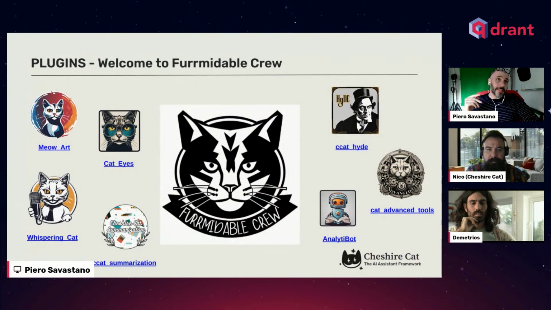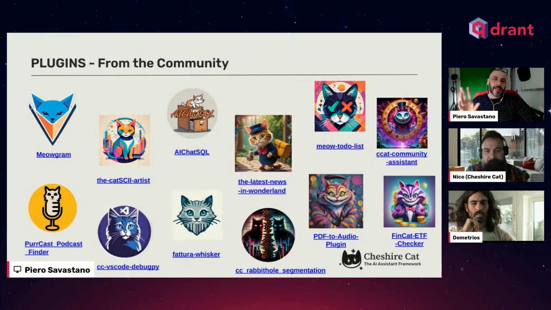We have a lot of plugins. Many are built by the community itself. Many people are already hosting private plugins. There is a little independent marketplace for plugins. All of these plugins are open source. There are many ways to customize the cat. The big advantage here is no vendor lock-in. Since the framework is open and the plugin system can be open, you do not need to pass censorship from big tech giants. This is one of the best key points of moving the framework along open source values.